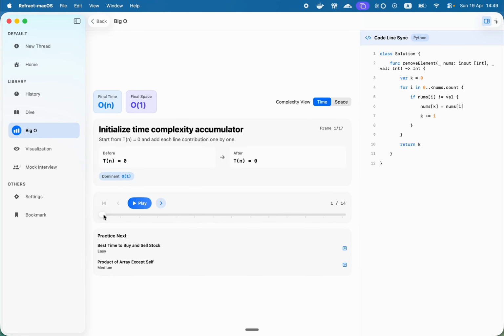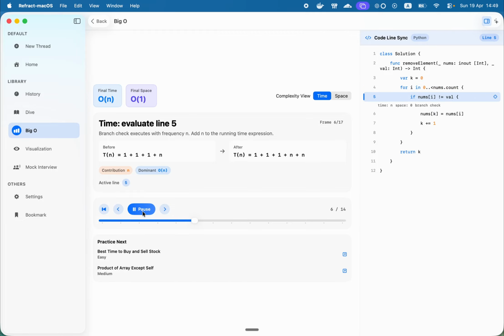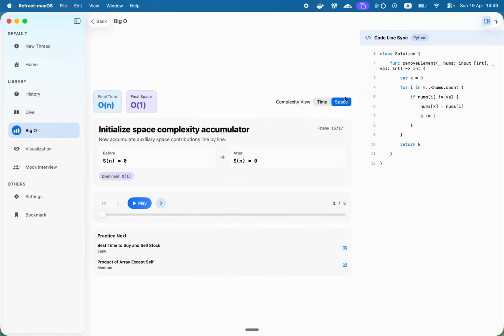We have time complexity. Click play, and it runs line by line, showing how the time complexity gets calculated with a beautiful explanation right here. We have space complexity,